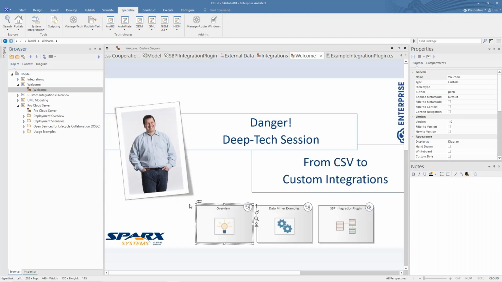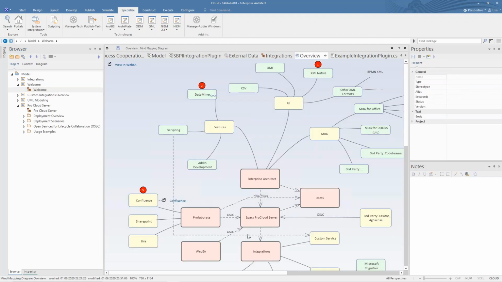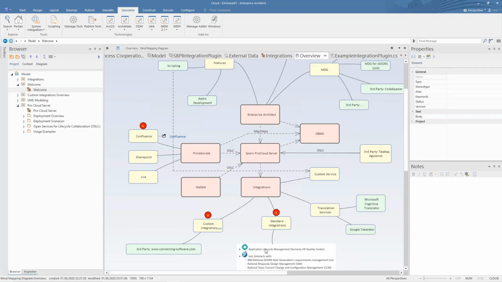Last but not least, if we want to have a really not an element related integration, but a web-based integration, then of course you can use partly WebEA, but you can also use the power of Prolaborate. With Prolaborate, you have a different way of integration, meaning it's a live integration where you have as a part of your ecosystem a window, a web part in Confluence. I can open this here,